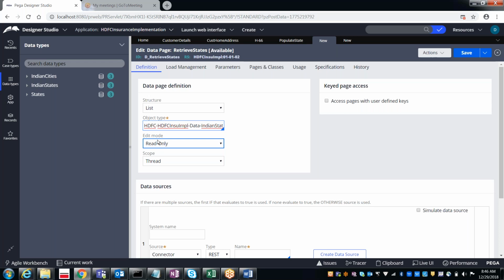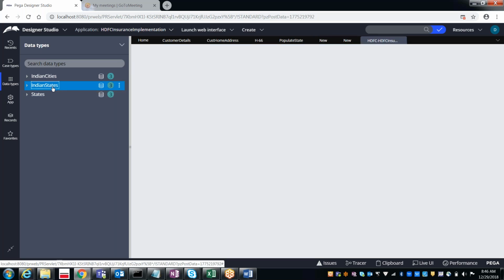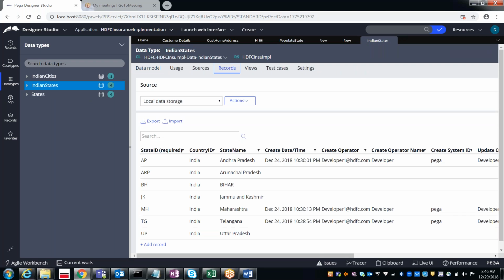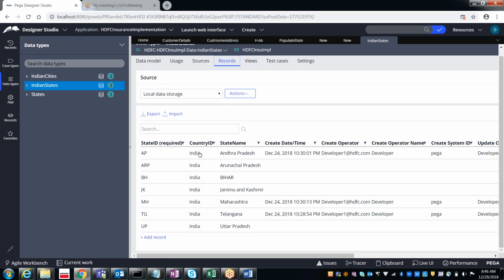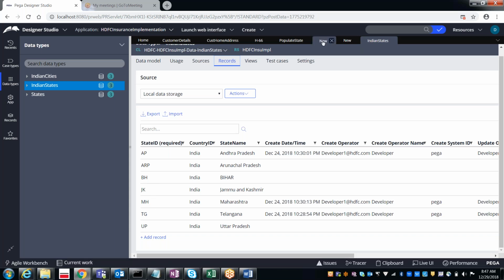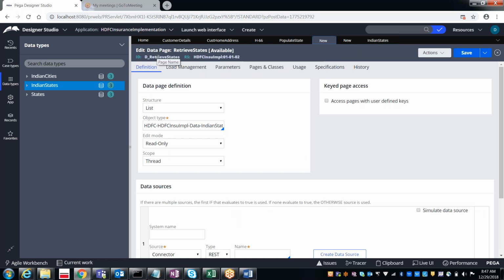What do you mean by reading and what do you mean by writing? Generally, what does the read property mean? And what does the read and write property mean? Here, if you take Indian states, how many do we have? Around 7 states. Do we have only 7 states? We have more states. So if you want to add a record, we select add record and add it. In the same way, this database is referring to the Indian states only.